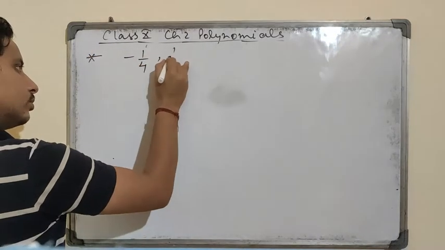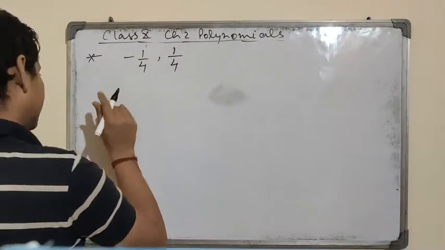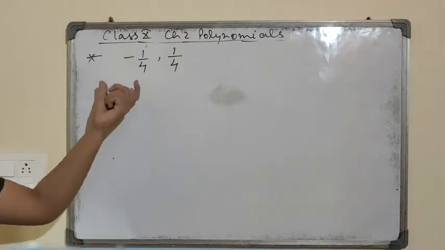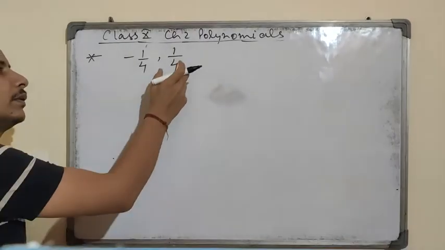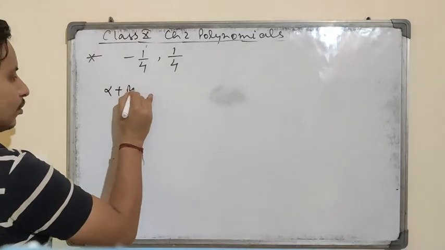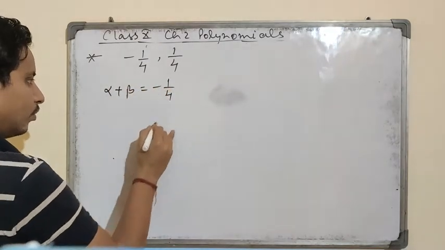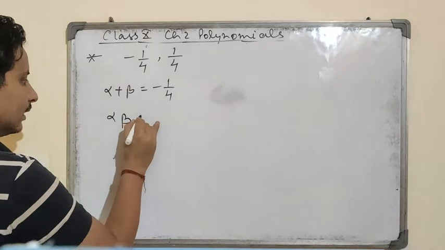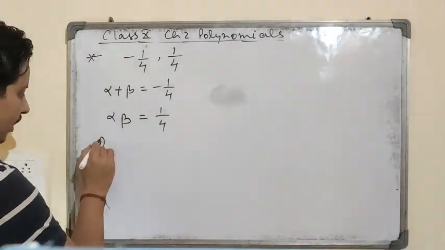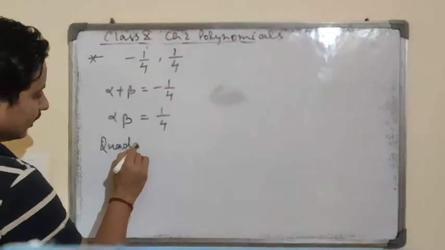One more question, student. In this question we are also given the sum of the zeros. Alpha plus beta is given to us, that is minus 1 upon 4, and alpha beta is 1 upon 4. So here we have alpha plus beta, yani sum of zeros, equal to minus 1 upon 4, and alpha beta is 1 upon 4. So quadratic polynomial, we have the formula